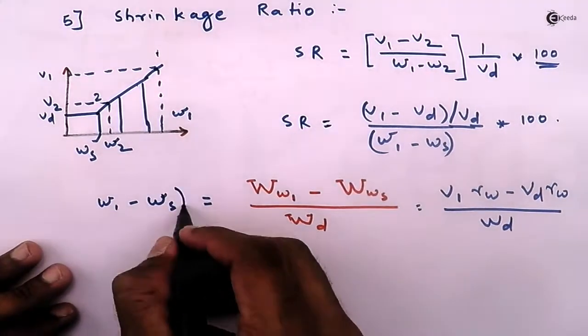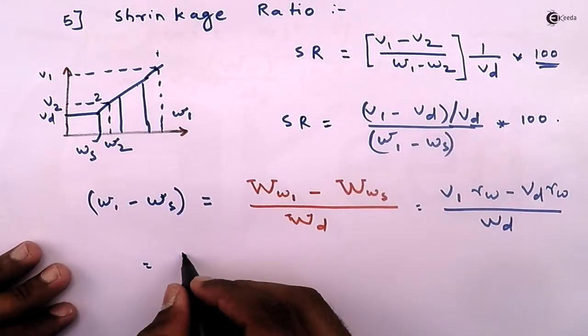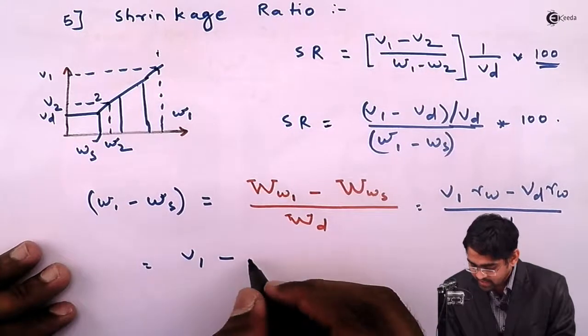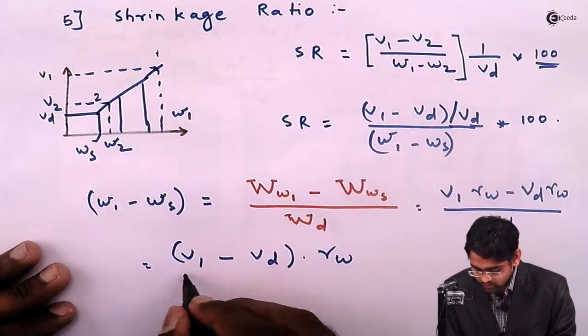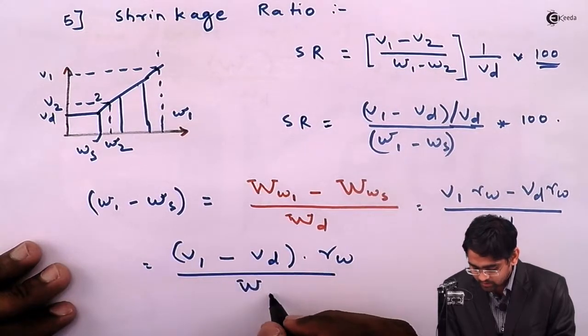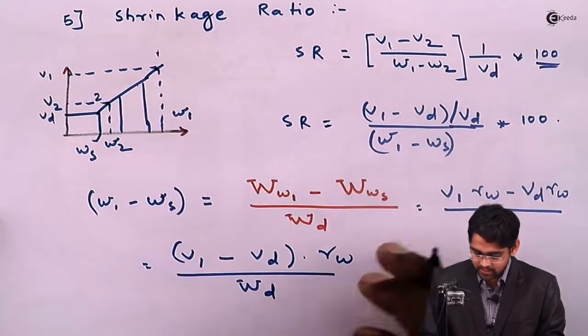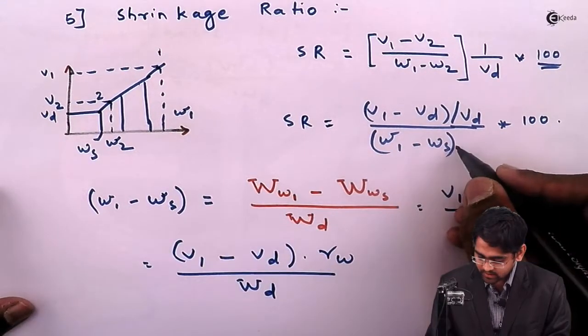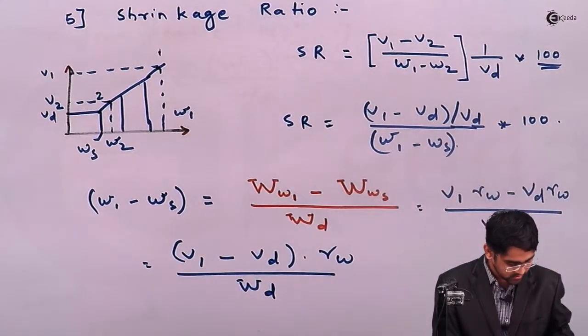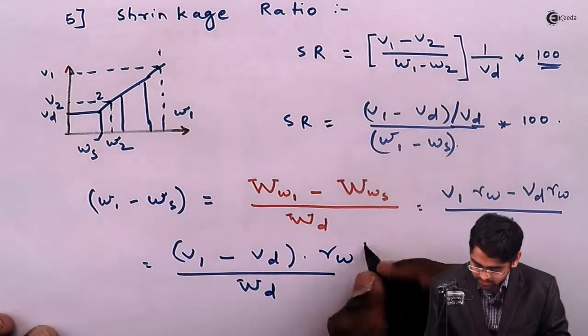So this expression becomes (V1 minus Vd) into gamma W divided by WD. So if I replace W1 minus Ws in this equation with this particular expression,